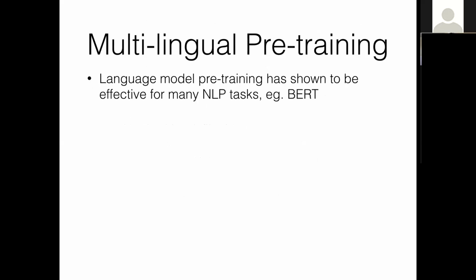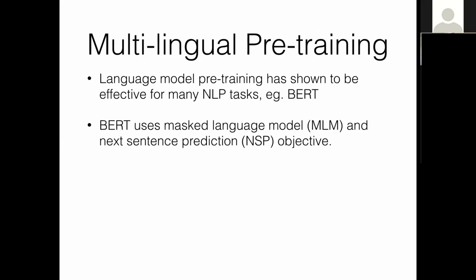We have seen that language model pre-training is very effective for many NLP tasks. One prominent example is BERT. Just to recap, BERT uses two objective functions for training. The first is the masked language model, wherein tokens are randomly masked and the model has to predict the masked tokens. The second objective function which BERT uses is the next sentence prediction,